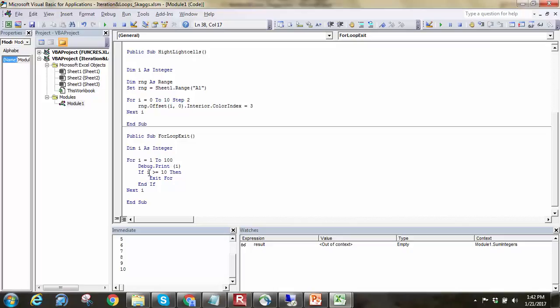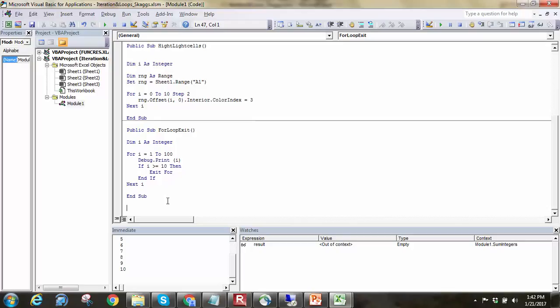10 gets printed. It says that 10 is greater than or equal to 10, so this value is true, and then this statement right here exits the for loop. And so it's a way for us to prematurely jump out of the for loop in the case that some event happens there. One other aspect of for loops that I wanted to cover in this video is the fact